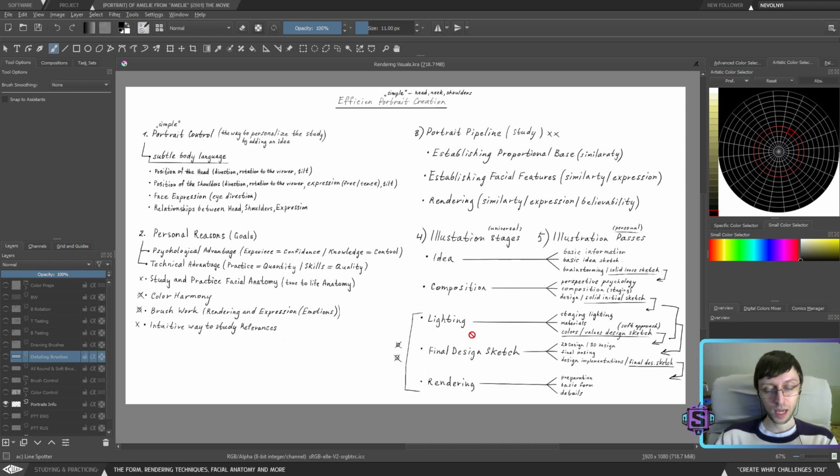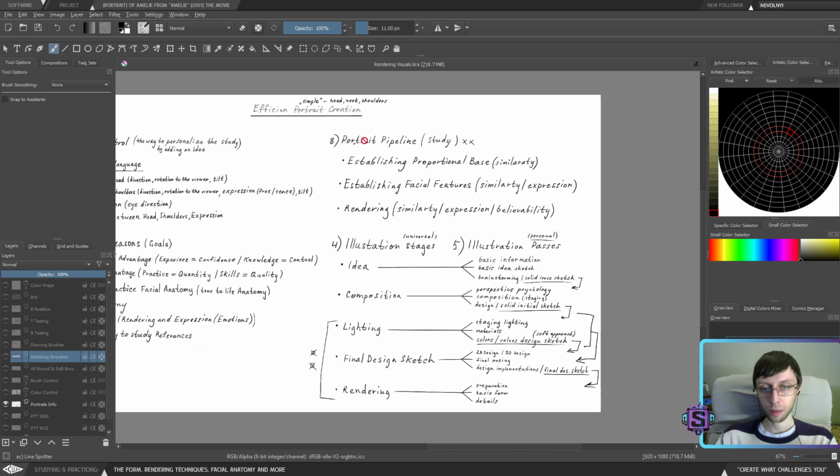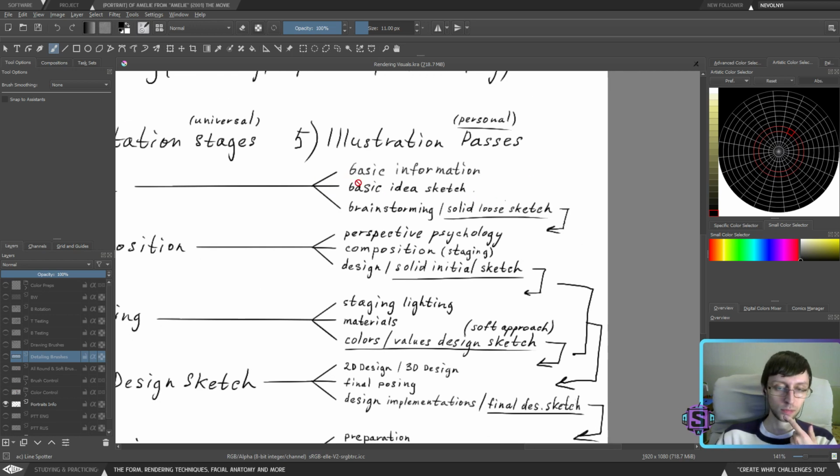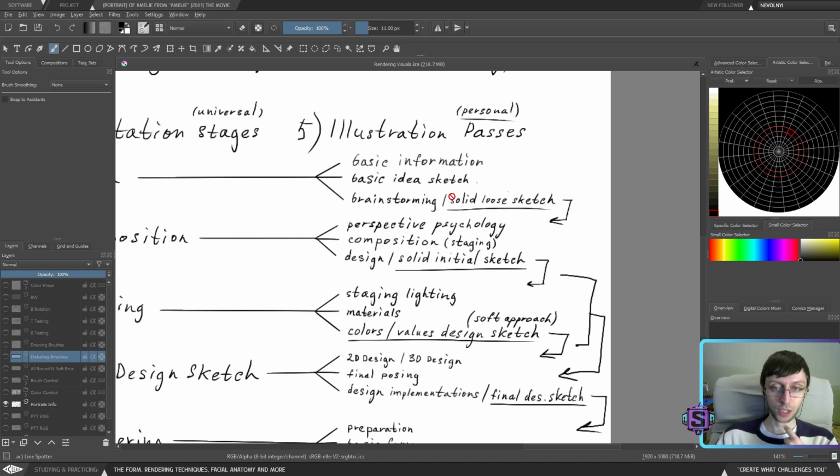The stages will stay the same. One thing that I need to connect is probably the pipeline of the portraits in application to illustration passes. Once I connect those pieces together, they will be fine, and we will start to work on the portraits, because there's nothing going to stop me. I will know that the first pass is to gather information. The second pass is to sketch the idea. The third pass is to go through the sketch. So now I'm going to have direction, and I'm not going to be afraid of the next stage, which is